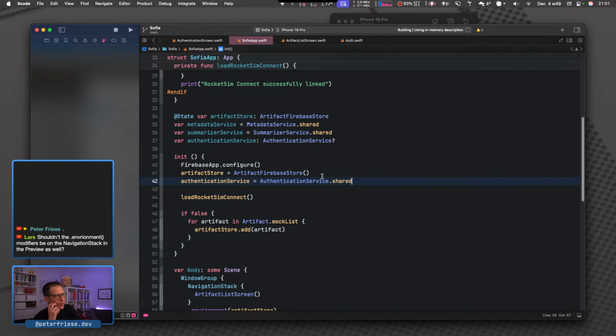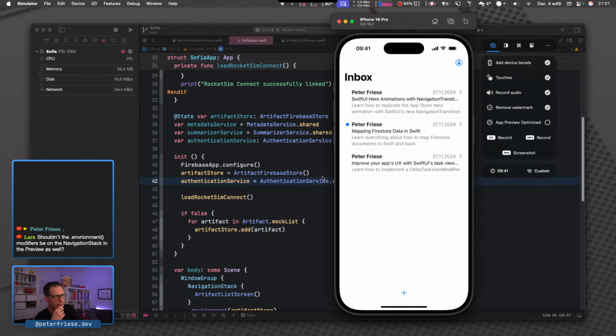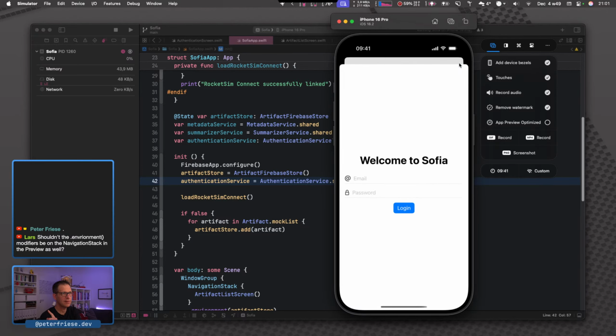So now this should work. Build successful. Here we go. This works. Okay, so let's see if this works. I'm going to sign in at test@test.com using tests 1, 2, 3, 4.